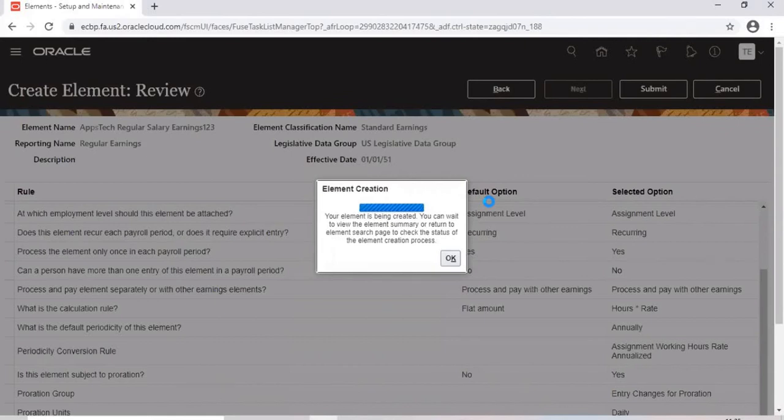For US, what are all the earnings you have to define, and all the deductions also you have to define? See, earnings, basically the regular earnings we will define usually. Other than that, if they have any other earnings like bonus, I don't know what all. Usually only regular earnings we will have. But deductions, yes, you have tax elements, especially US taxation elements. That is there. You don't have to worry about those things.